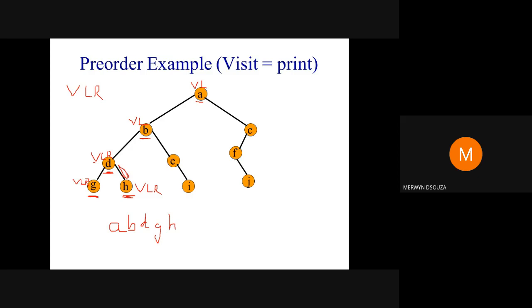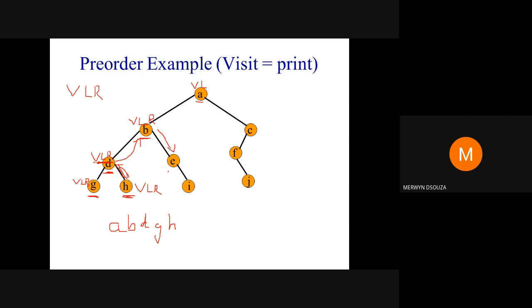So go back. Go back to D. When you go to D, all the steps of the pre-order are done here. So there is nothing to be done. So go back up. Go back here. Okay. So when you go back here for B, what is remaining out of the three steps? Right subtree step is remaining. So perform that. See whether you can go right. When you try to go right, can you go right? Yes, you can go right here.